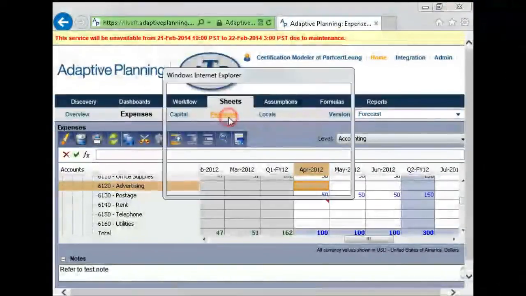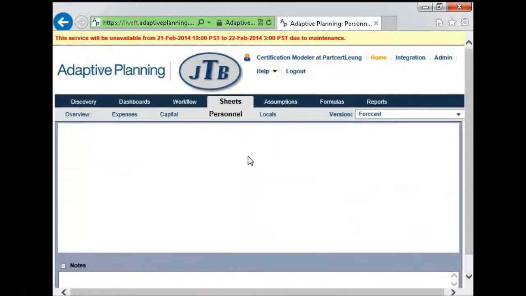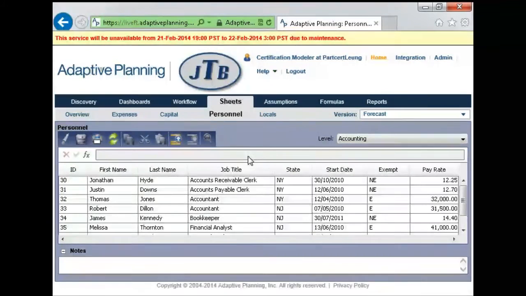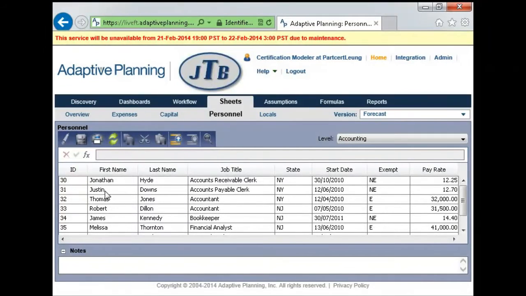But what if I want to actually forecast my personnel expenses? I have headcounts, and I manage my headcounts. What do I do? Well, in Adaptive, there are different kinds of sheets, and depending on what level you want to forecast at, you could create a huge model that supports those numbers. I came to this personnel sheet, and it basically tells you the headcount and the forecast of the year of how I'm going to be hiring my people